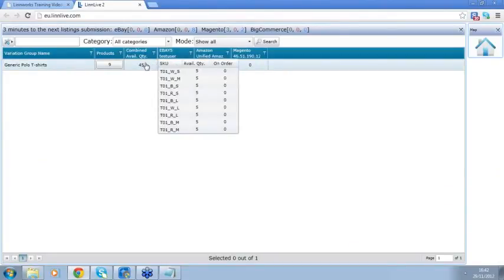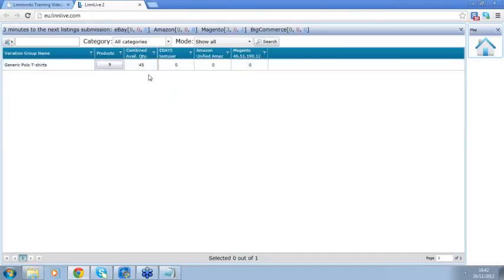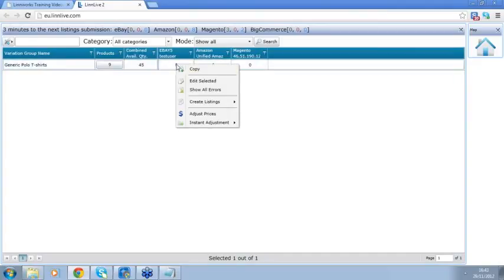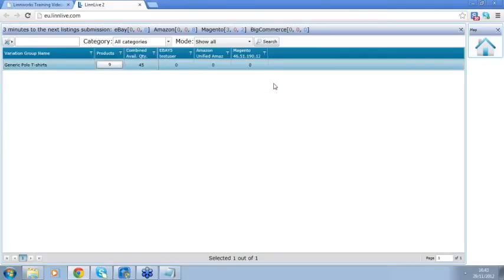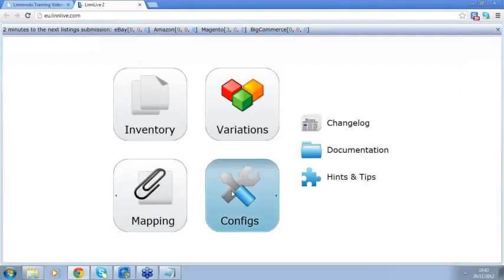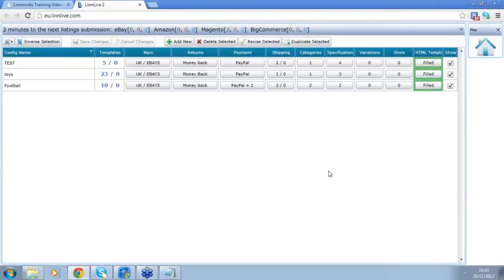If I navigate to the combined available quantity column here, we can see the quantity for the specific variant and whether we have got something on order or not. So in order to list those items, we need to right click on the specific account that we want to populate them to, and then create them. So I'll use eBay. Right click, create listings, and I've got no available configurator. It means that I have not predefined any information in the eBay configurator. So we need to go back to configs, eBay,